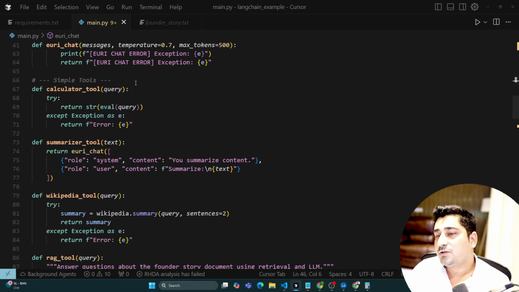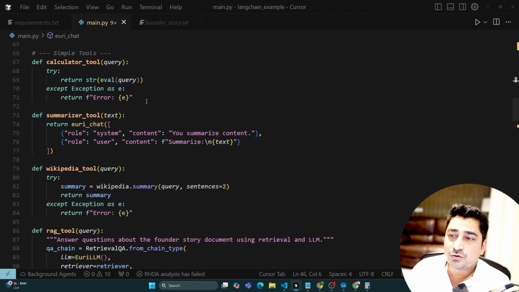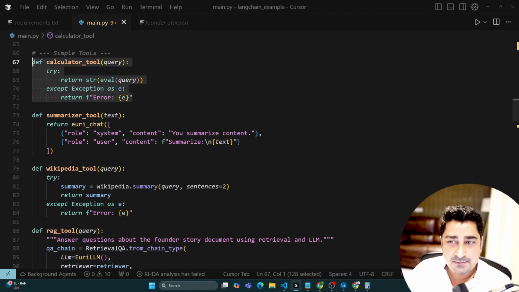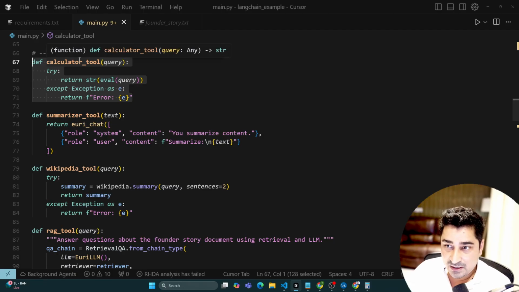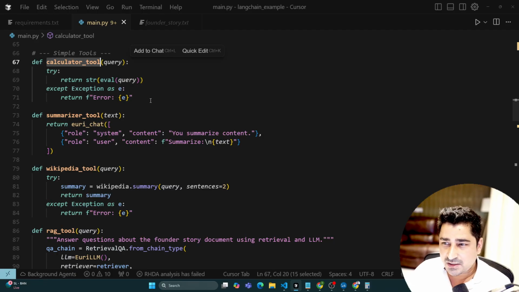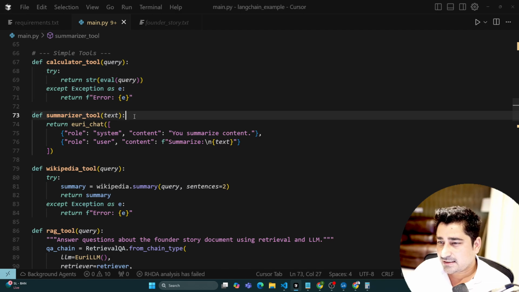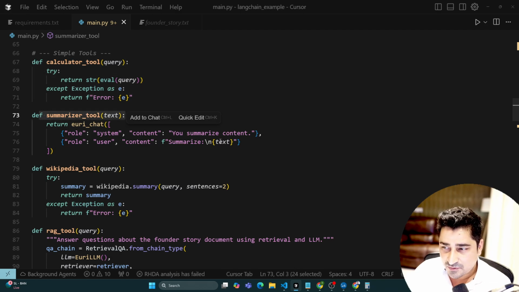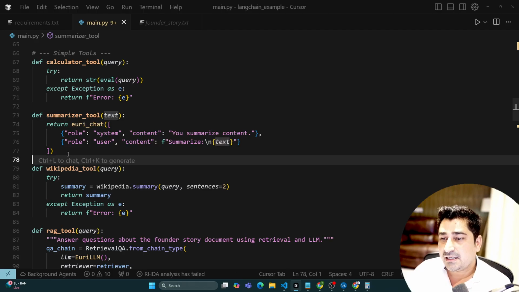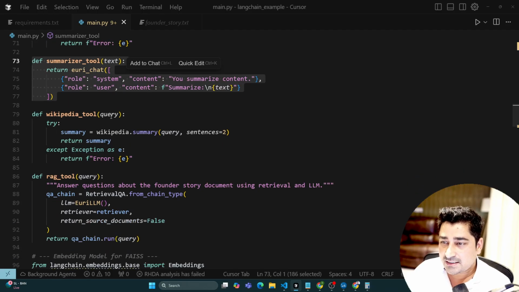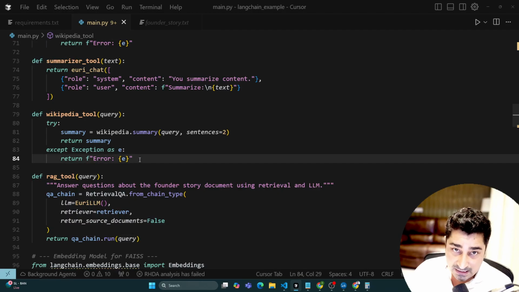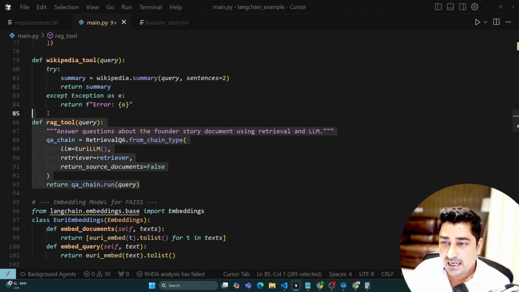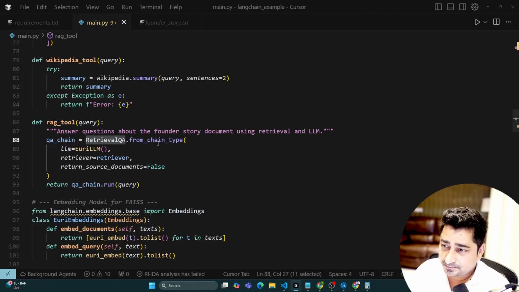Now, tool wise, I have created multiple separate functions. One is a calculator tool, which is going to do some sort of calculation. One is a summarization tool, which is going to take some sort of text as an input, and then it is going to do a summarization. We have attached a Wikipedia tool, so it may decide that, okay, fine, let's go and search over Wikipedia. And here I have attached a RAG tool, where I'm trying to use a retrieval QA,